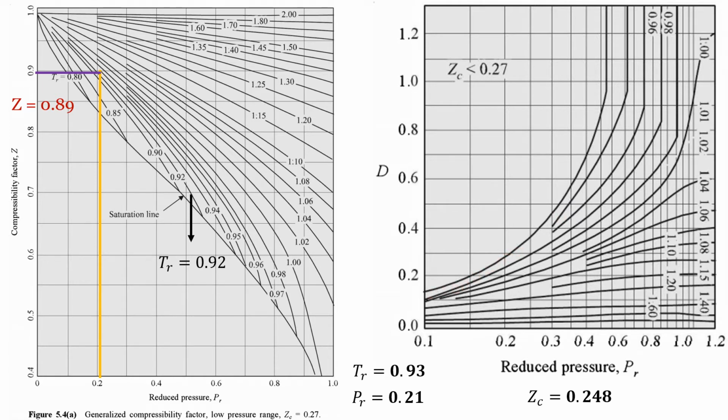So accordingly we can draw a line from Pr which will cut this Tr line. So roughly this line will come here. So from here we can go towards the Pr. Then we can draw a left hand line which will cut this D value. So D equal to 0.27.